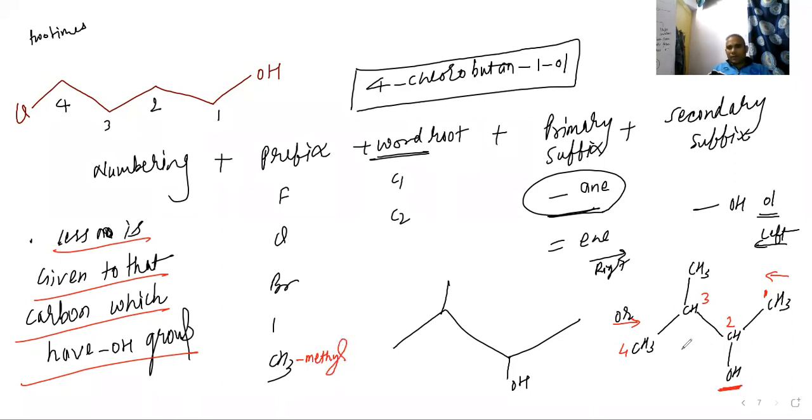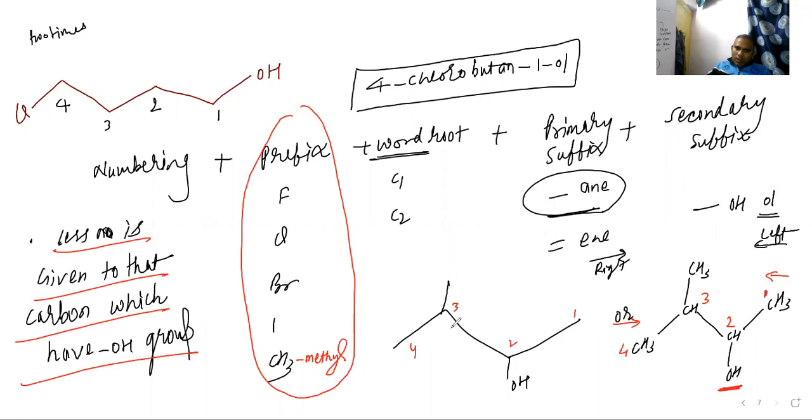This is a prefix. So tell me the name of this. Sir, this is a bit confusing. See, first of all we have to write the name of this. This is the CH3 group, methyl. 1, 2, 3, and 4. So at the third position, methyl is there. 3-methyl. Yes or no? Yes, sir.